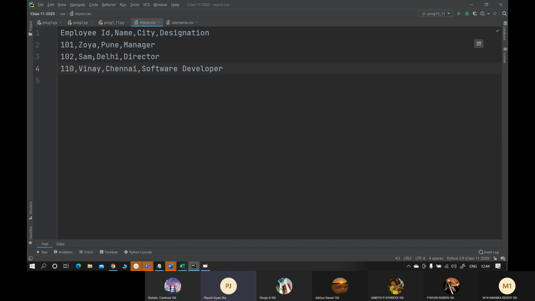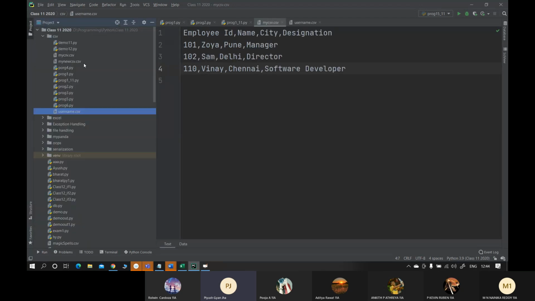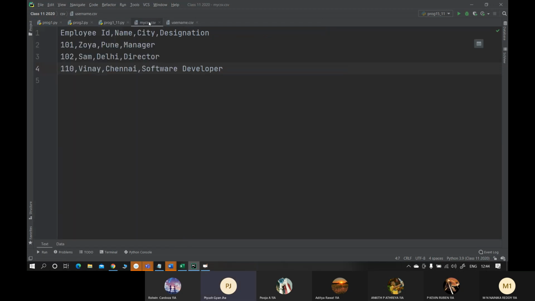And the second column values, that is the name values, are these three. So इस तरह करके you can have different types of CSV files to represent generally tabular data. Okay. Right. और उसकी जो extension होगी, the extension of the CSV file should be .csv.